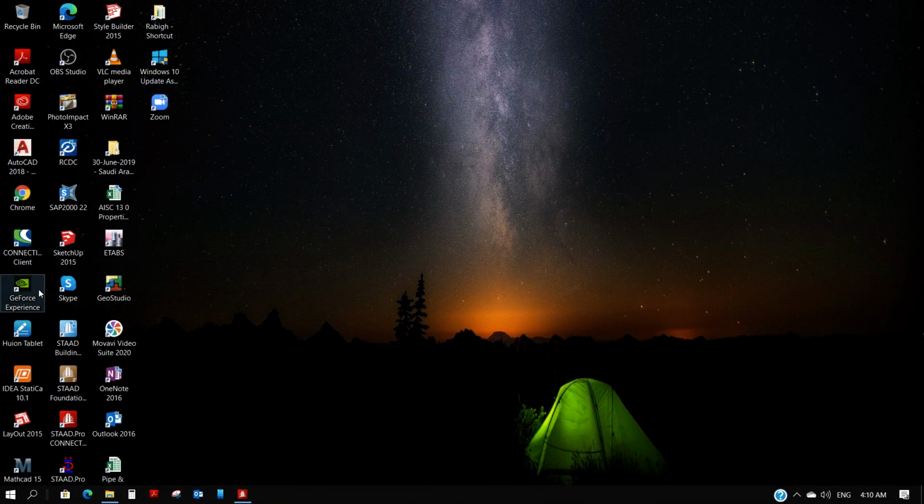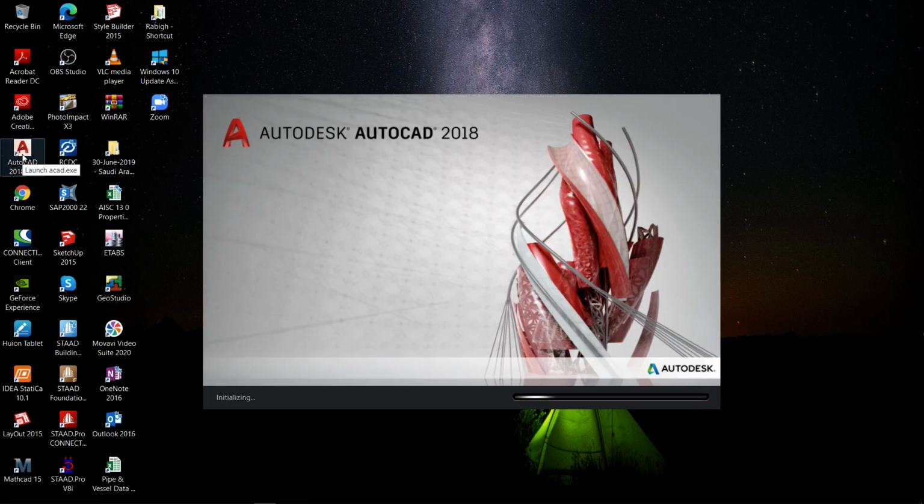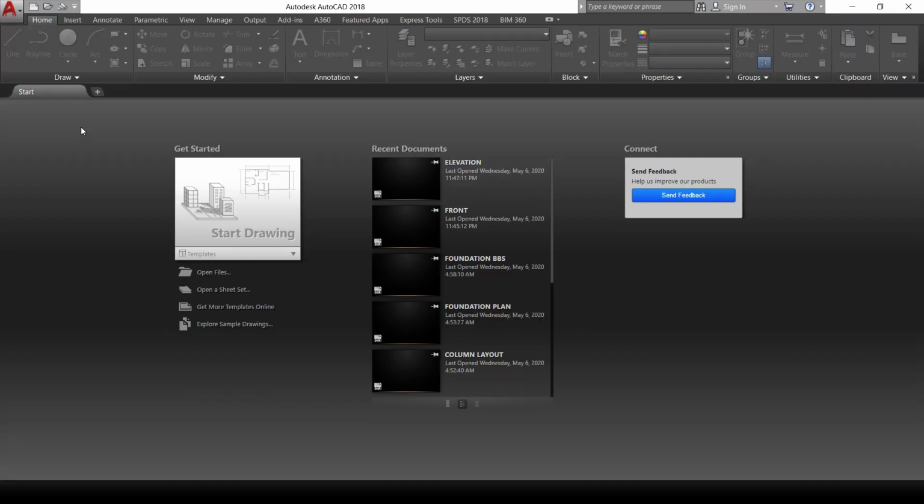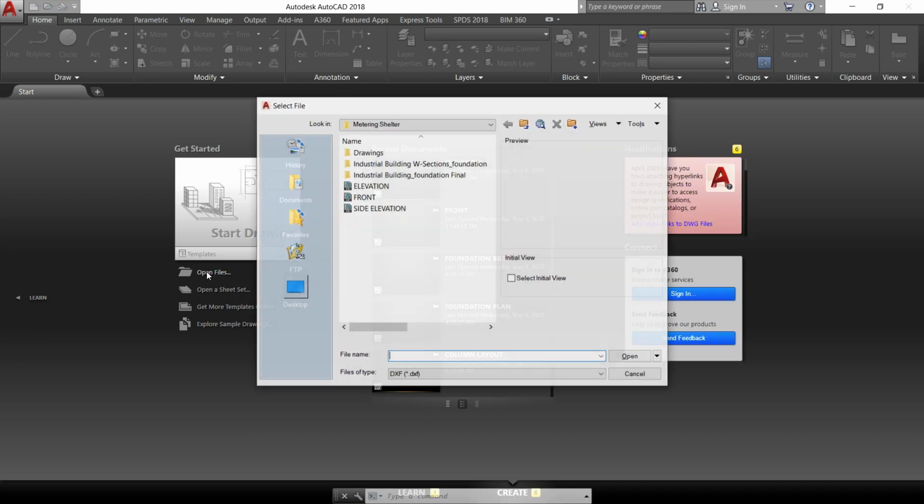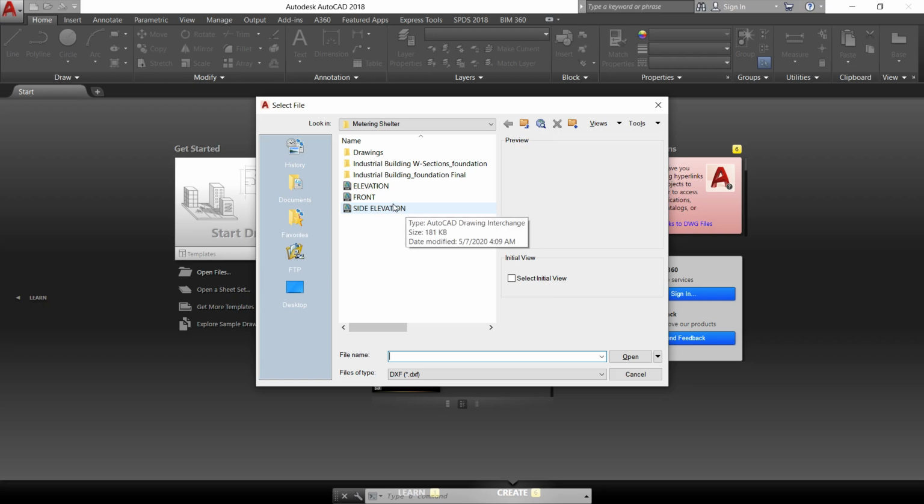Let me open AutoCAD. Let's open the file. Front.